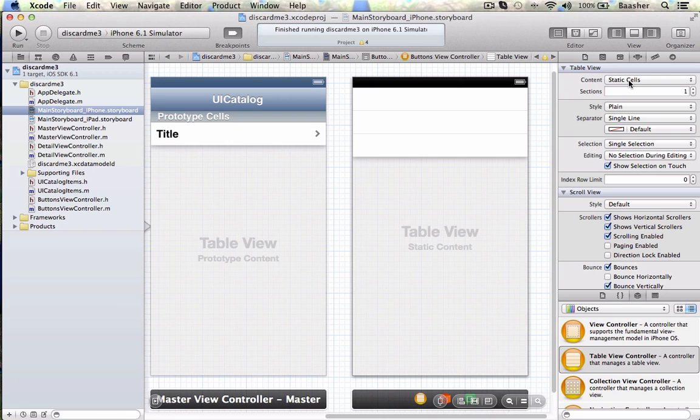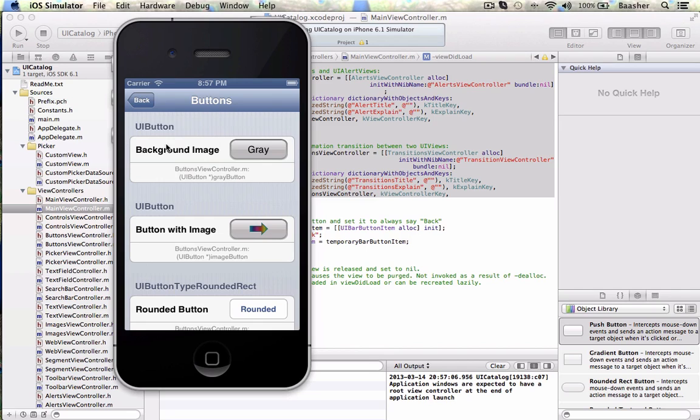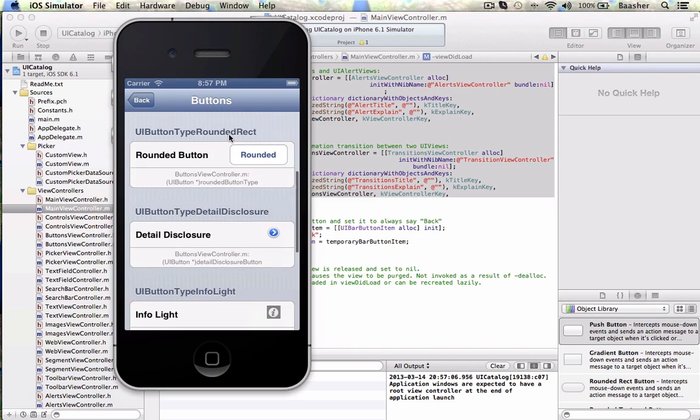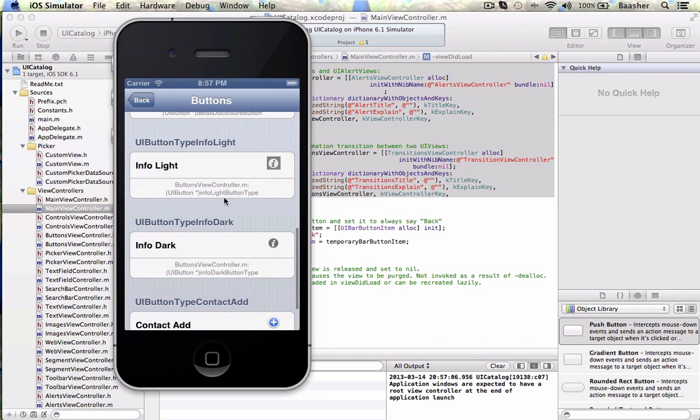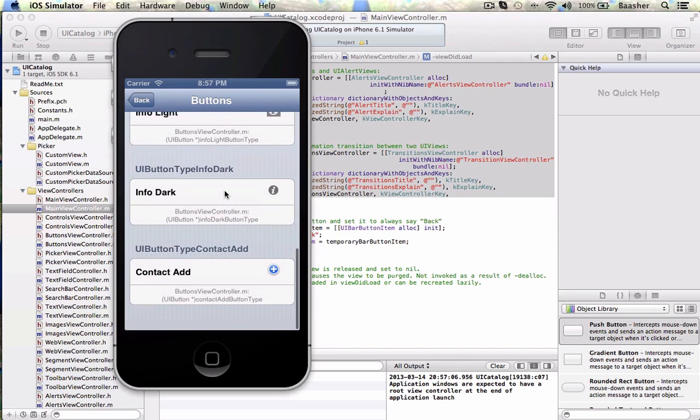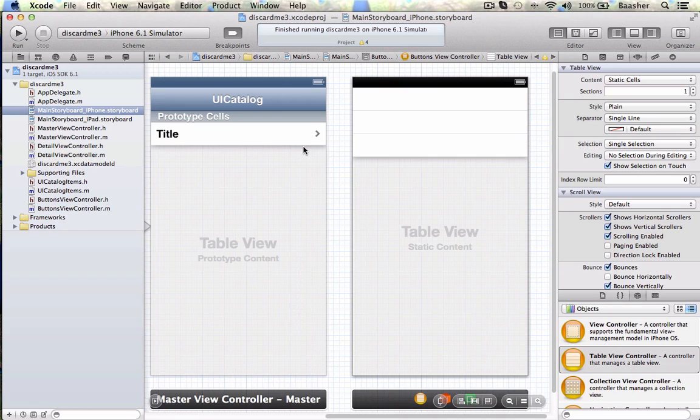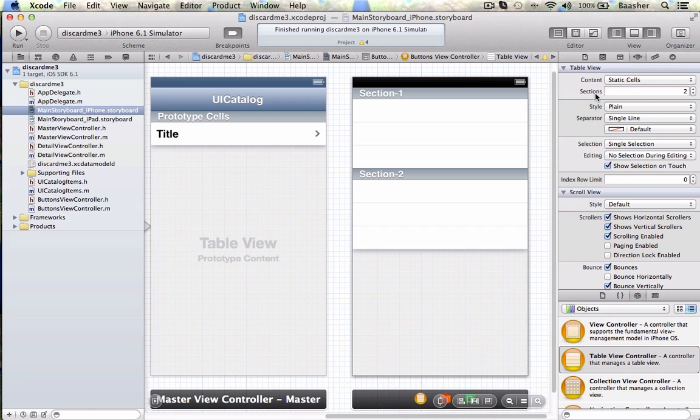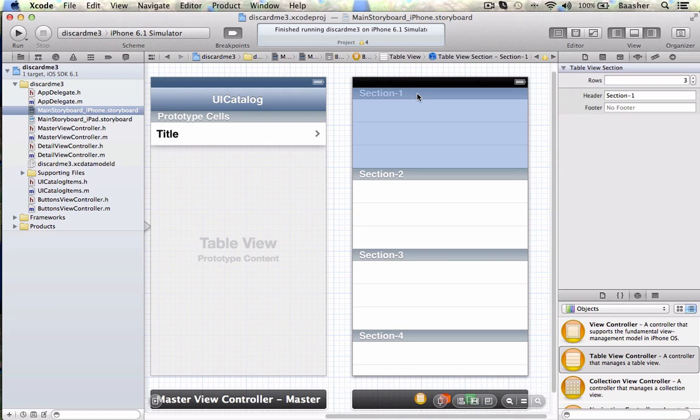Number of sections, I gotta count how many there were in the other one. There were 1, 2, 3, 4, 5, 6, 7 sections. Okay, 7 sections. Come over here in the utilities inspector. I need 7 cells. Now I have to click each cell and change the number of rows to be 2,